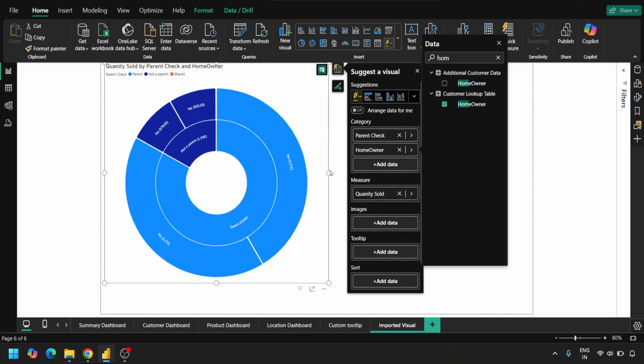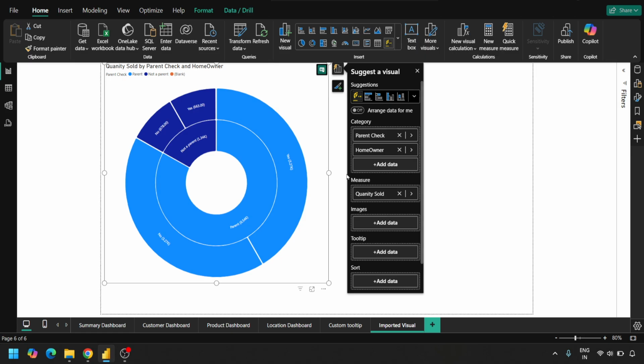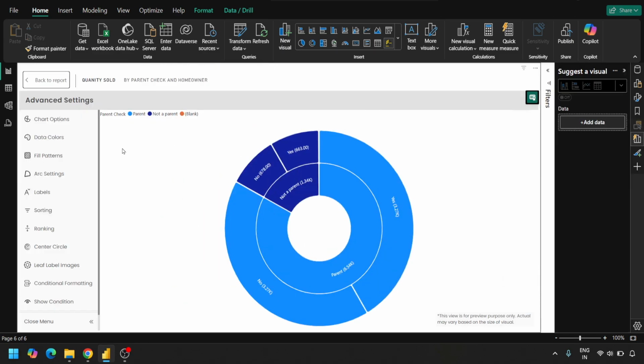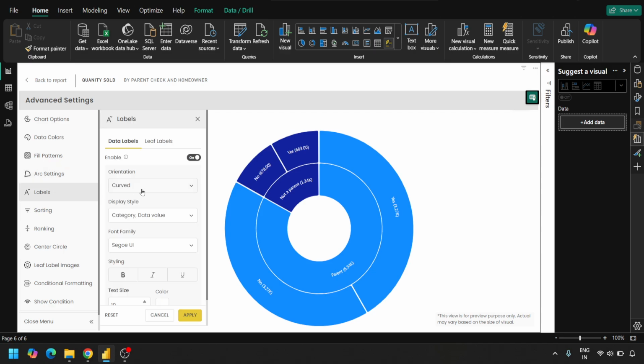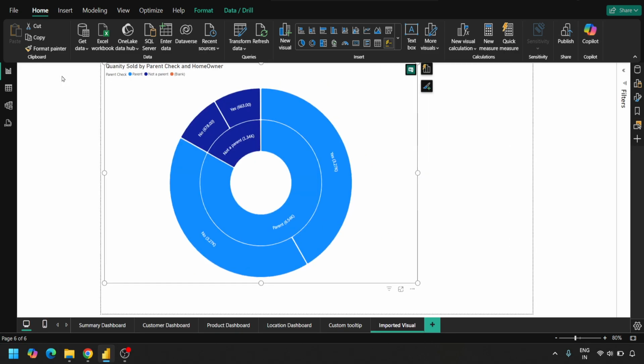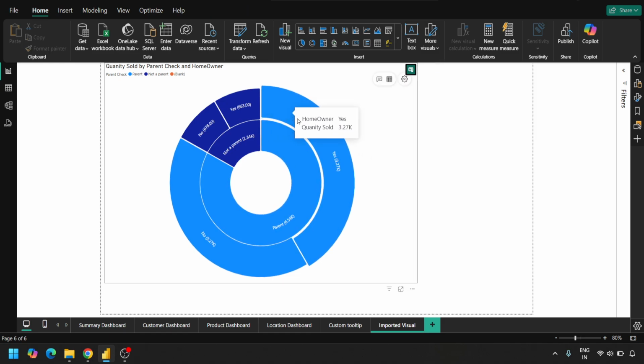Now let's do one thing. Let's go and increase the size of these fonts. So I go to Settings, and inside the settings option there is an option of Labels. Let's increase the size of these labels from 10 to 12 and apply, and let's go back to the report. Now you can see that an overall chart has been created,